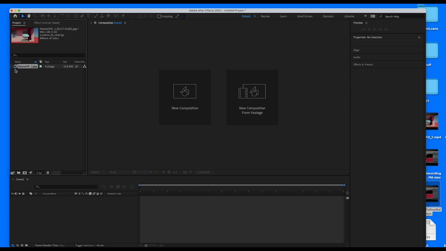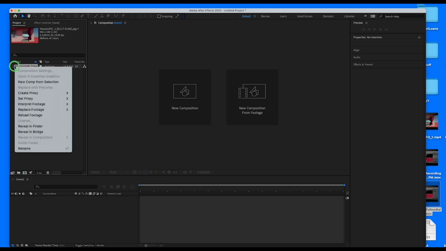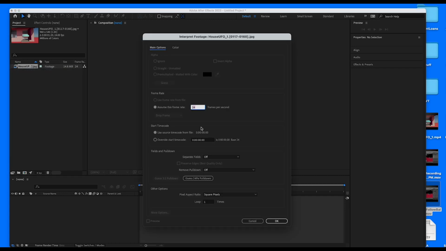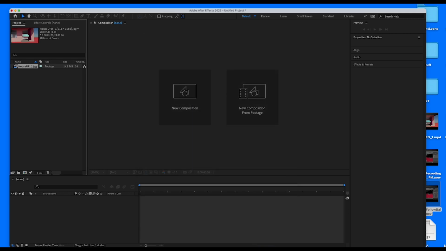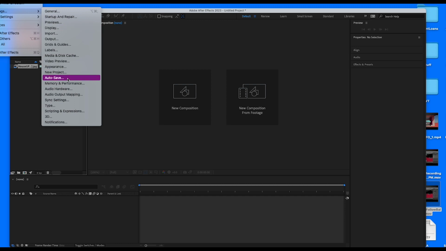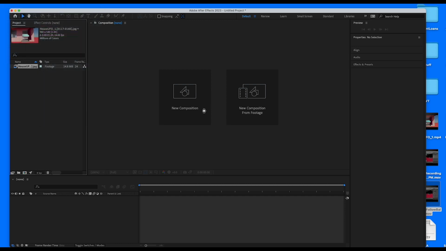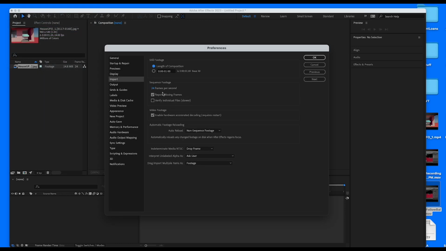If yours says 30, just remember we were animating at 24 frames per second. You can right mouse click on this object here and go to Interpret Footage, Main, and then you can change your settings there. You can also change it to always bring it in as 24 frames per second if you wish. Go to timeline and import, and that's where you can change the sequence import settings.